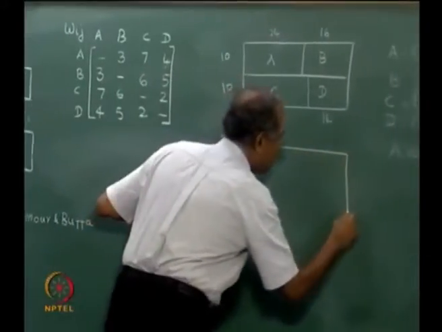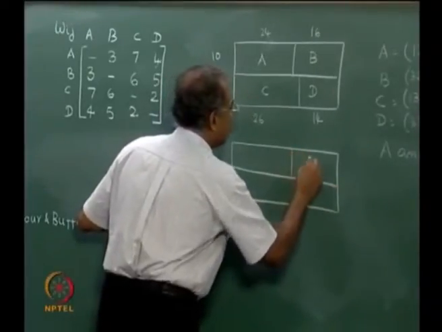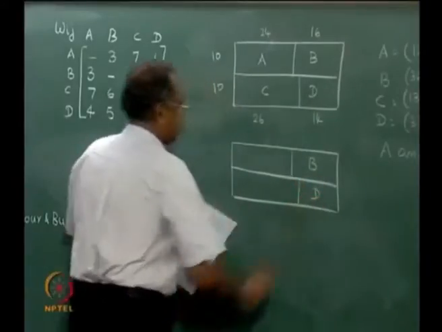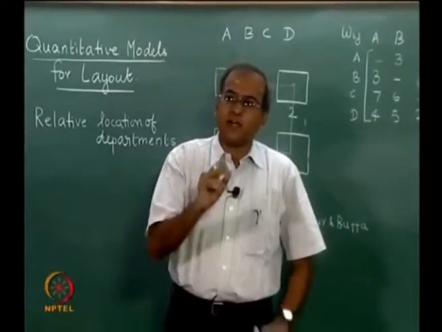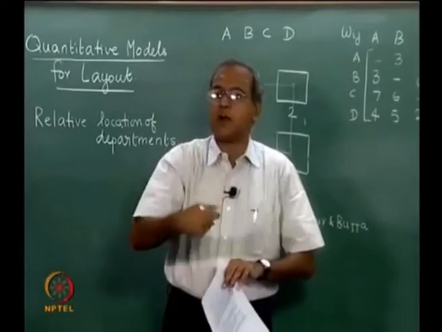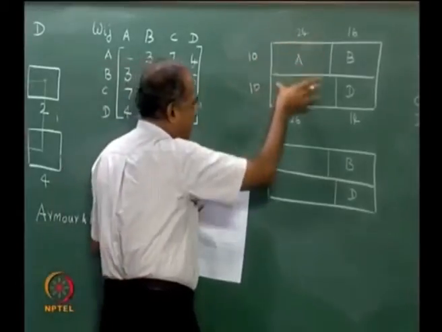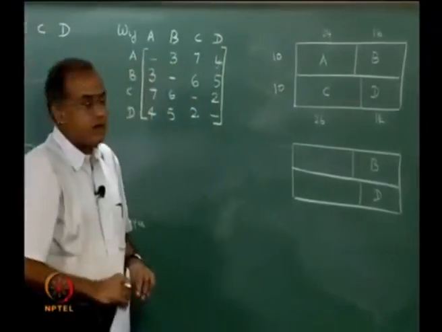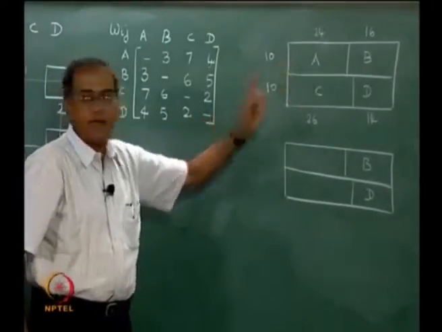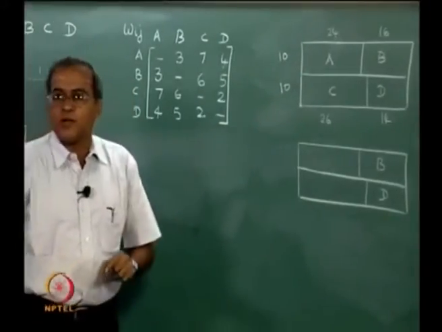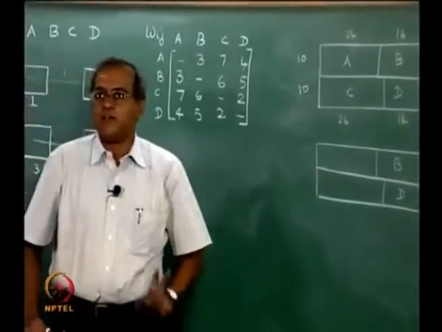So, when we actually exchange A and C, B will remain as it is. So, B will be here, D will also be here. Now, we have to exchange A and C. In a way, the advantage of choosing departments that have a common border is that when I exchange A and C, I have to put A here and I have to put C here. Now, the area that is available for C can accommodate A, whereas the area that is available for A cannot accommodate C. So, what we do now is we try to put the smaller area into the bigger area and keep the rest of the area for the bigger one.